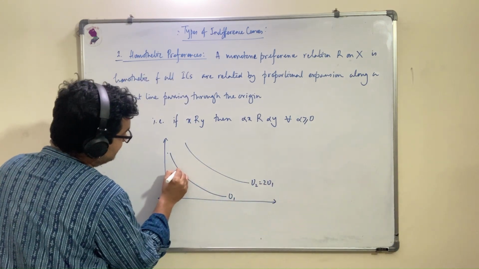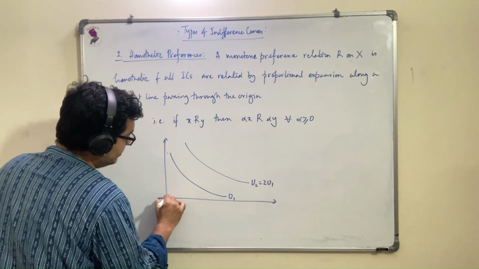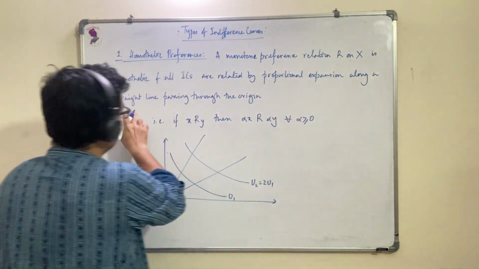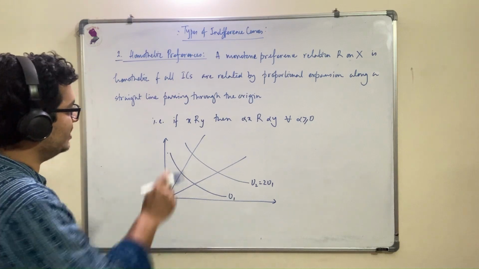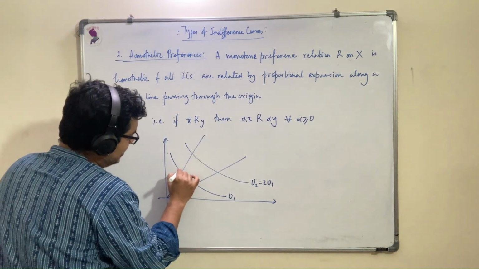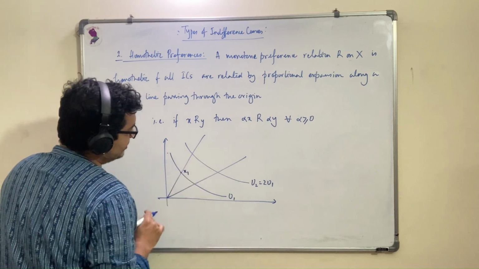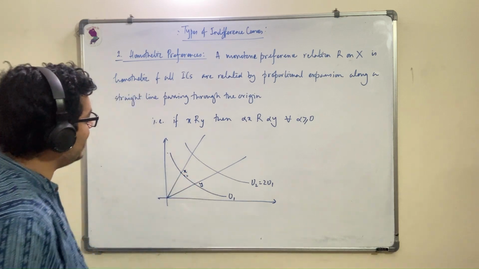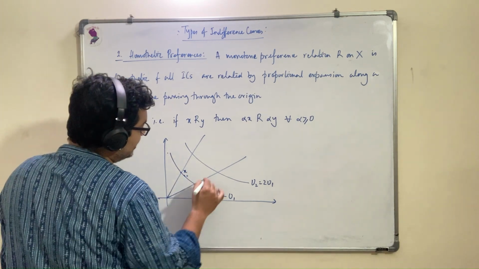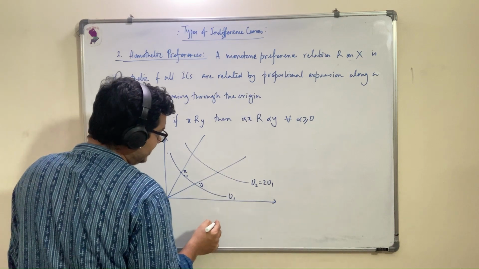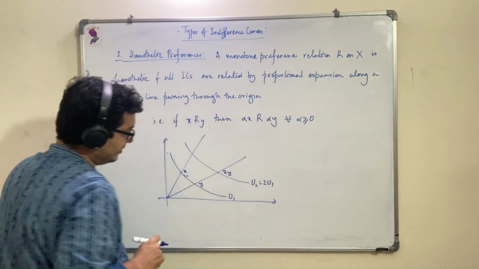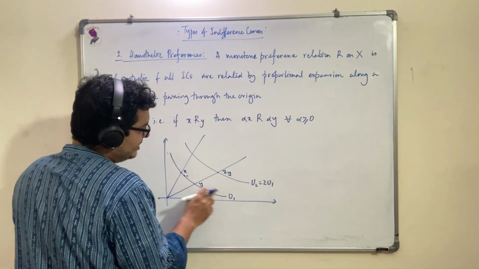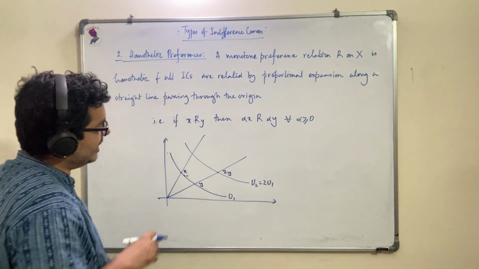Now, let us draw proportional expansion along a straight line. So, two straight lines from the origin, right? Through the origin. Say this is point x, let's say, and this is point y. Okay, and let's say that this point is 2y. What homothetic preferences says is that if x and y relate to U1, and if we go to 2U1 and 2y is there,